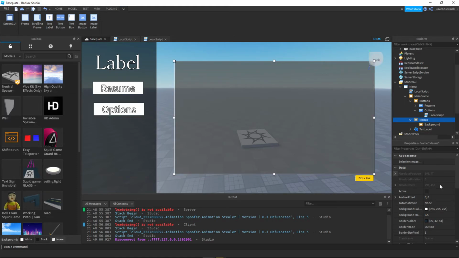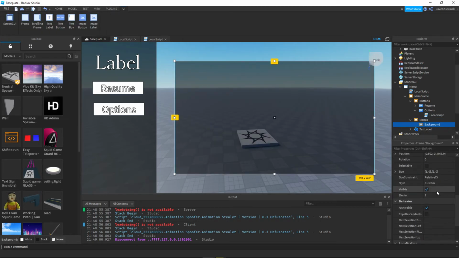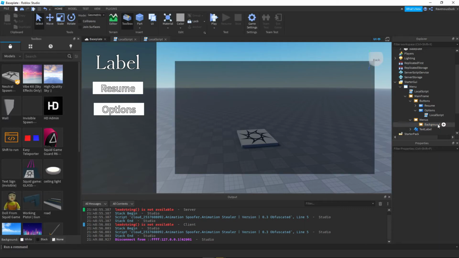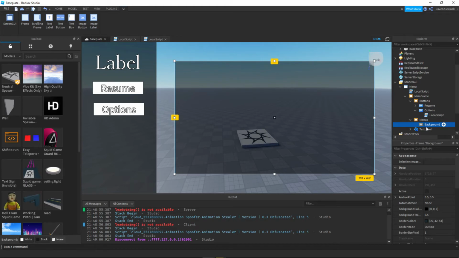Boom. Okay. Let's make this the index 2 as well, just so it's above the other one. Okay, so now when we open this,